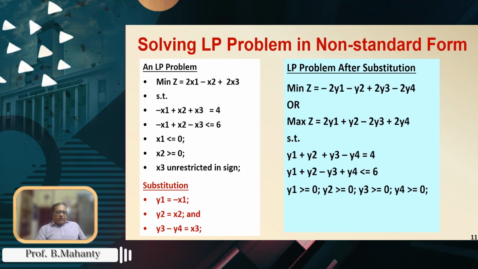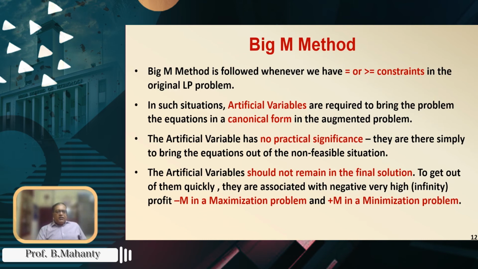So we need an artificial variable, and less than or equal to 6, so we simply need a slack variable. If we do those kinds of substitutions, then obviously we are going to get this new thing. Now the big M method is followed whenever we have equal to or greater than or equal to constraints in the